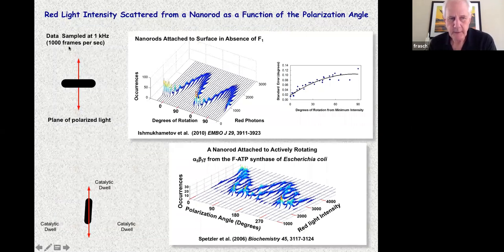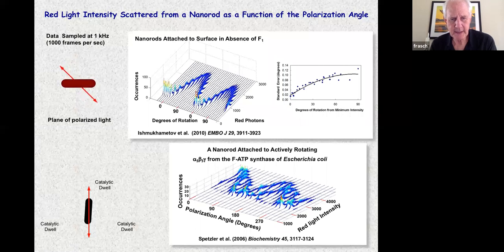So here we started out, and just as an example to test the system, we sample the data at 1 kilohertz, that's 1,000 frames a second, as opposed to 30 frames a second. And so we'll collect for a few seconds. And now because we have the filter involved, this appears black when the polarizer is perpendicular. And so we collect for a while and we see very low intensity down here of light. And then we rotate, collect,